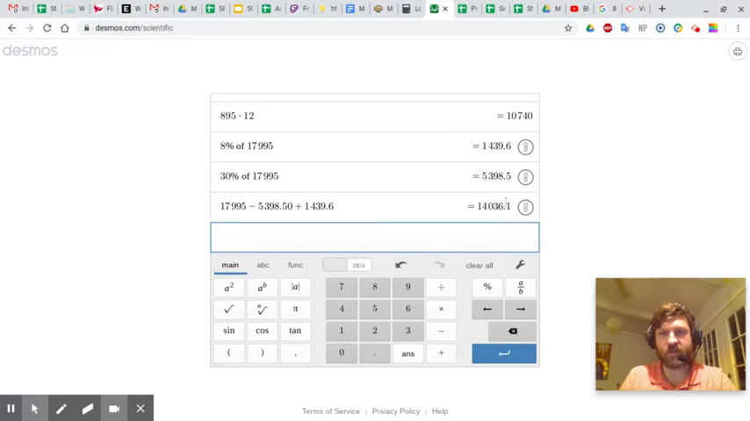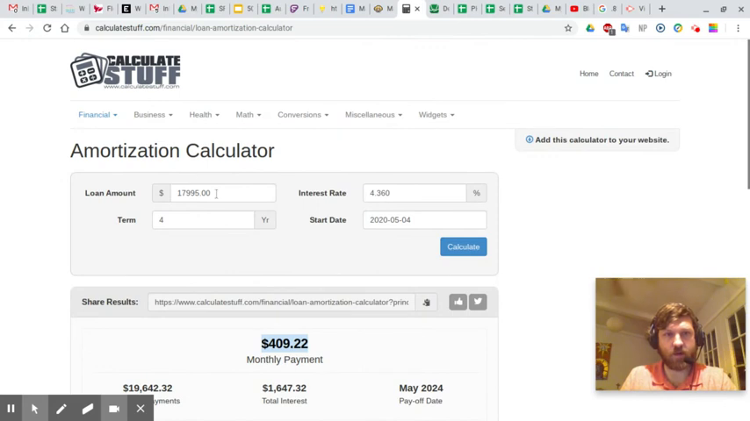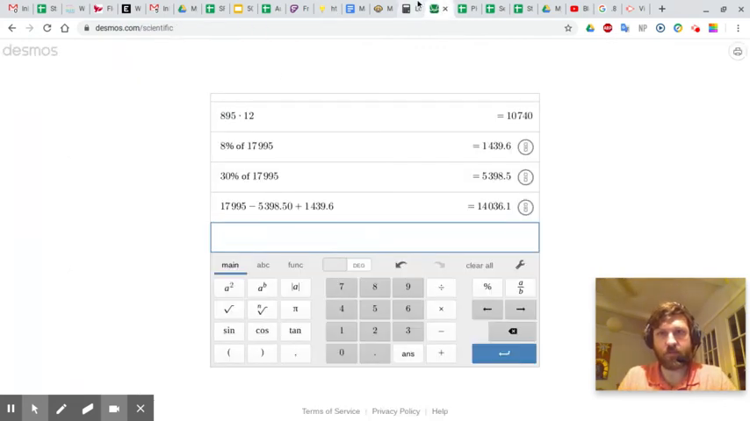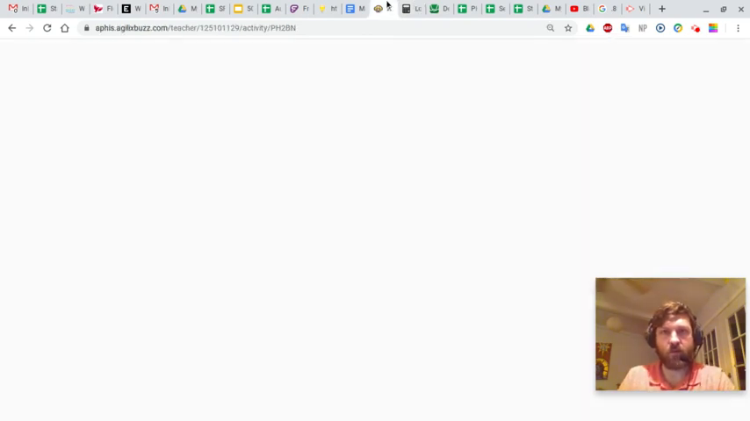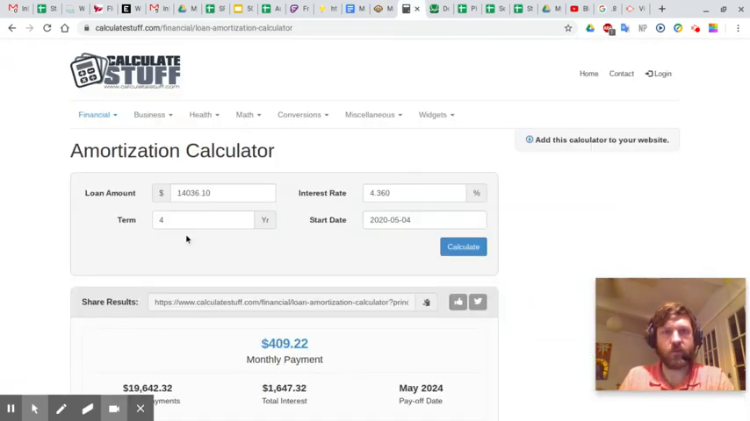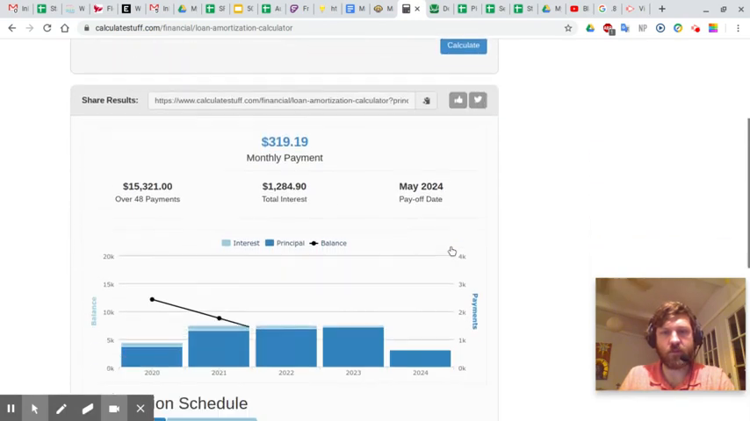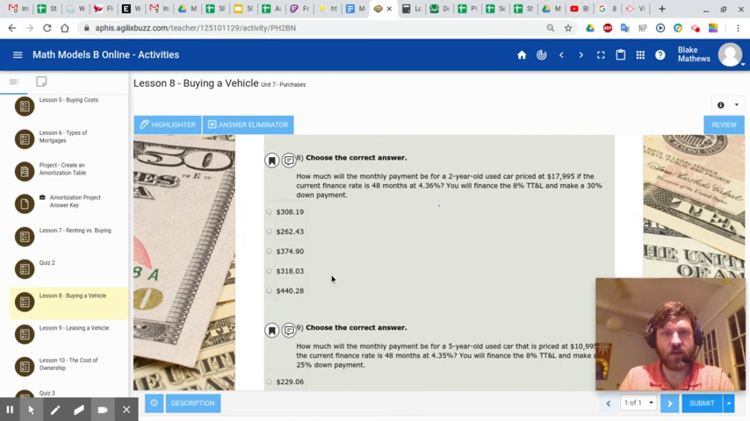This is how much I'm financing. So I'm going to put that in here. I'm going to go back to this and put in the new amount. The terms are the same. If you remember in the problem, it said 4.36%, 48 months. 48 months, 4.36%. So I'll hit calculate, and now the monthly payment is $319.19,